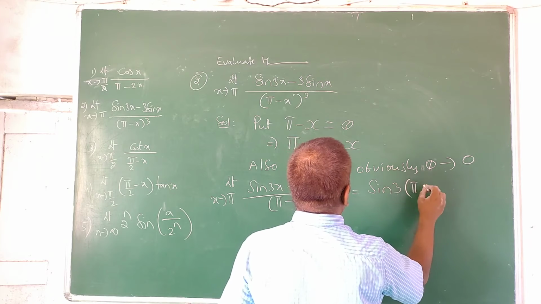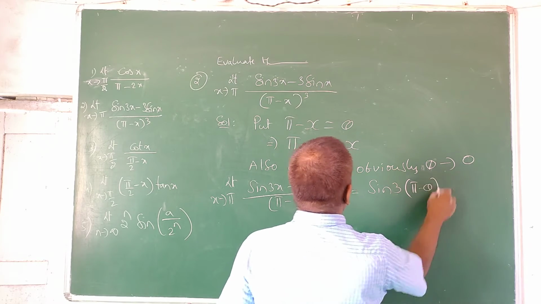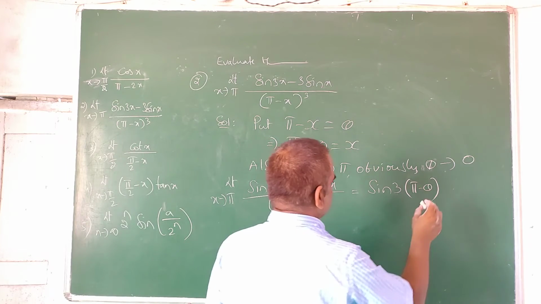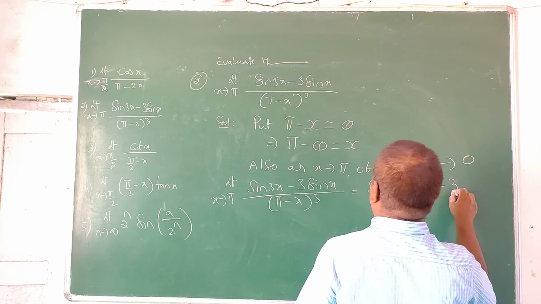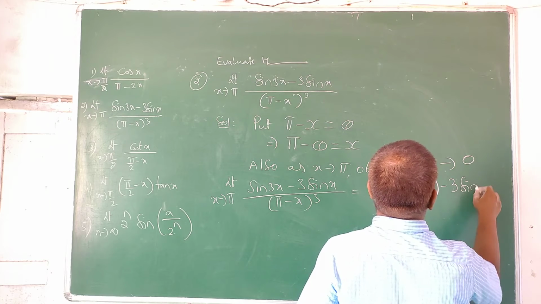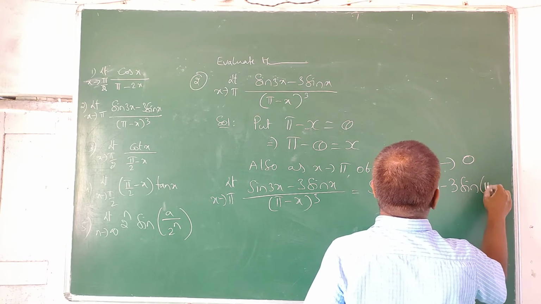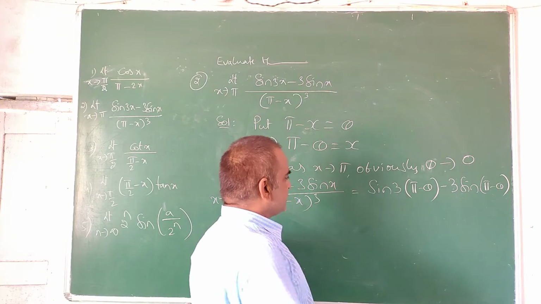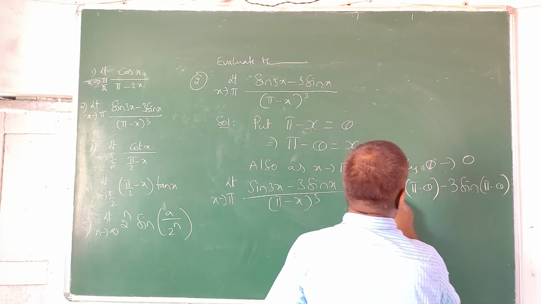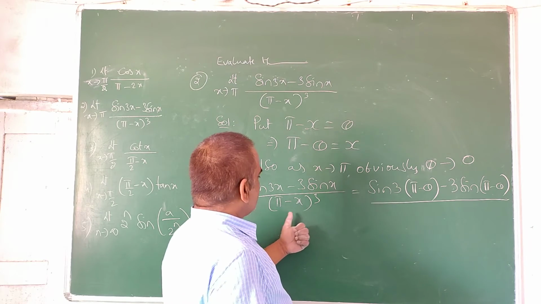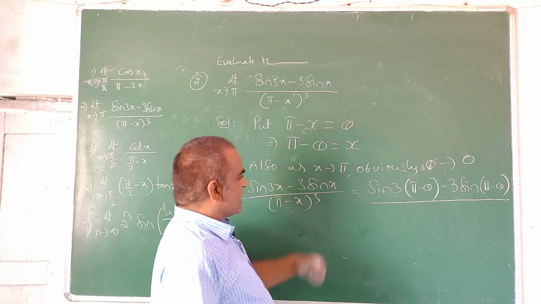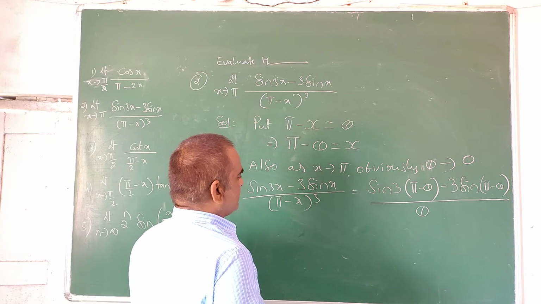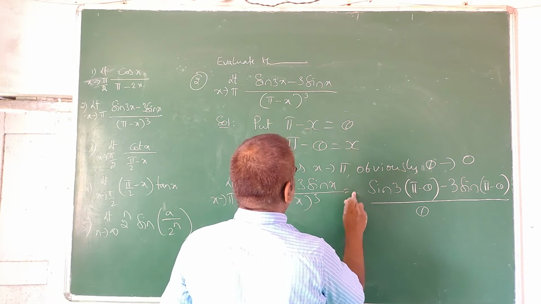So sin 3 into pi minus theta. Are you following? Minus 3 into sin x, meaning pi minus theta. Did you understand? So divided by pi minus x, which is theta. So pi minus x is theta. Limit